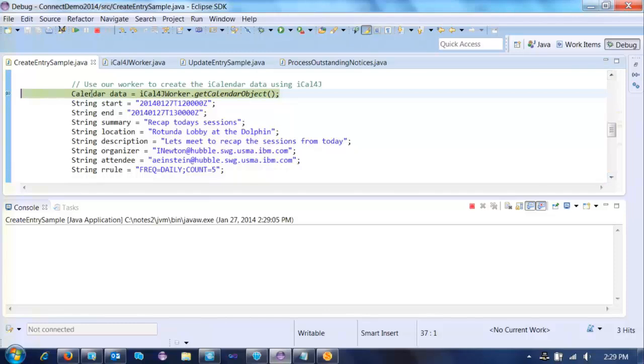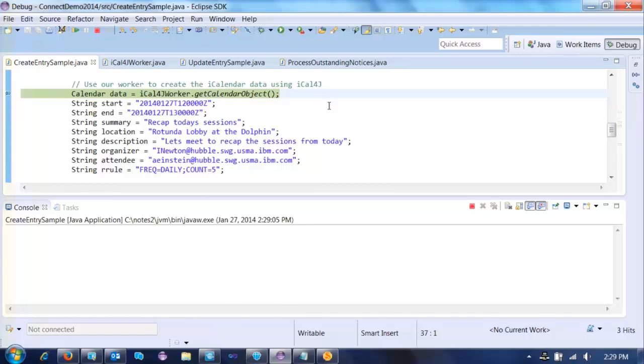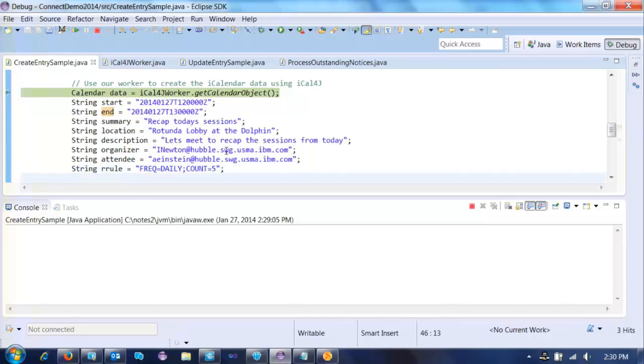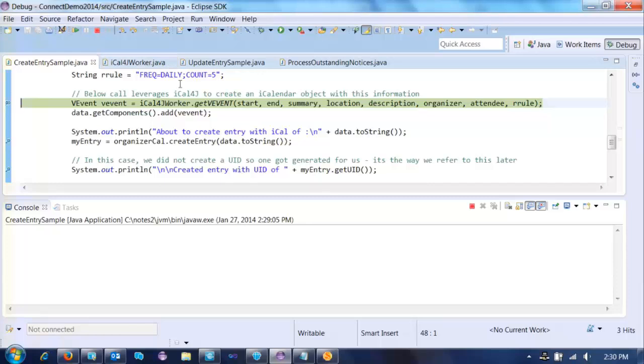So this calendar object here is an Ical4j calendar object. And this is really just a little worker that allocates it and passes it back. I then create a bunch of strings for all the different properties I want to set. So start, end, summary, location, description, organizer, attendee, and recurrence rule. And I'm going to pass those strings into a little helper routine that uses Ical4j to